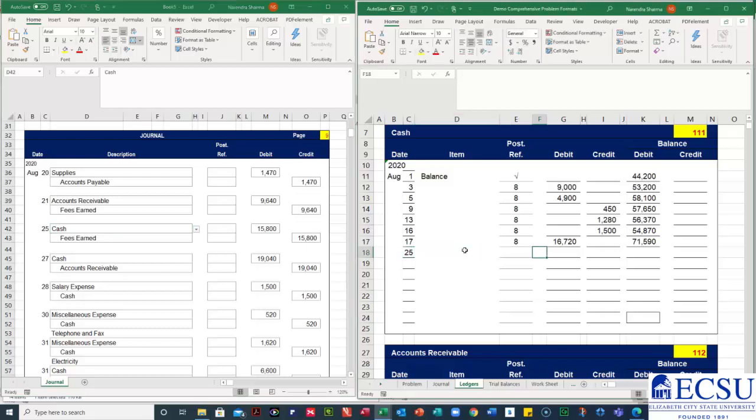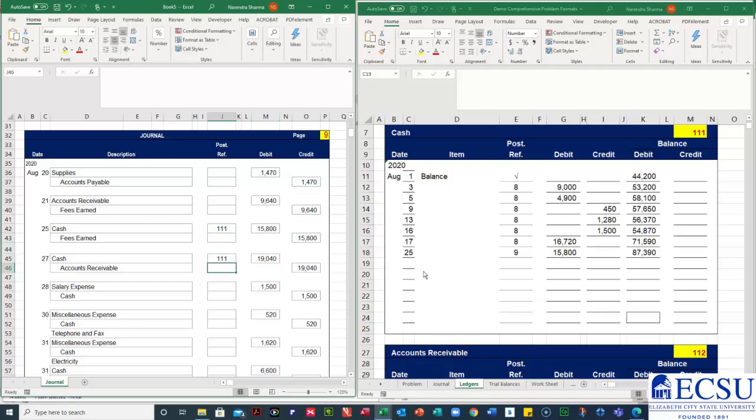So I'm going to write 25th. Now it is page 9 of the journal. See, this is because I'm bringing that from page 9 of the journal. So that's why I'm going to write 9. And this one is a debit of 15,800. So therefore I'm going to add these as well. So plus 15,800 will give me 87,390. Okay, now here I'm going to write again 111,